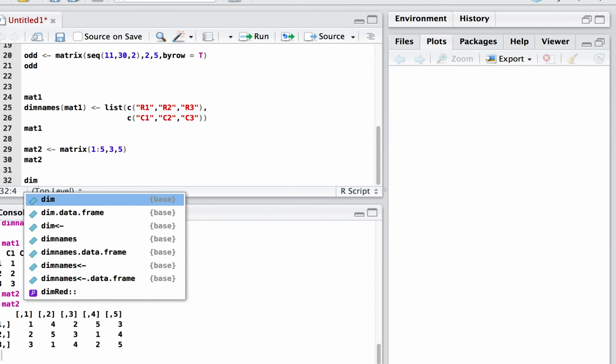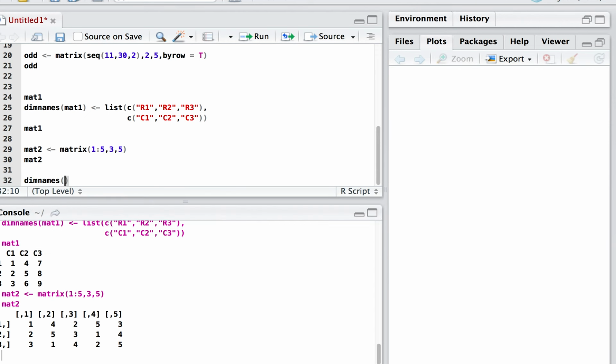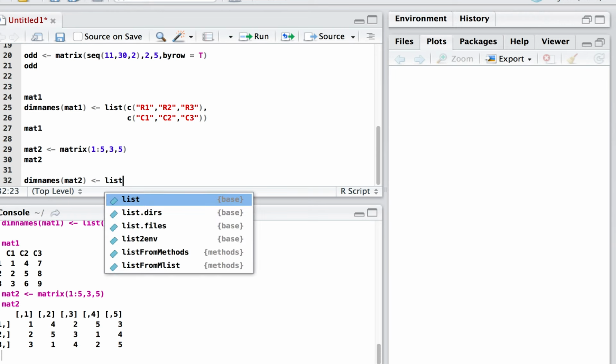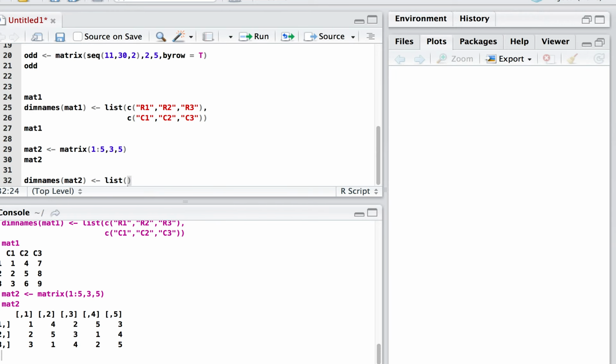Now let's assign the names to the dimensions. We will use dimnames, and then we will specify the matrix name mat2, and here you can specify the list, which is the list function. Now we will have to specify the names for the rows. Let me use the combine function itself, not too much typing. Actually you can use paste0 here also, but let me use